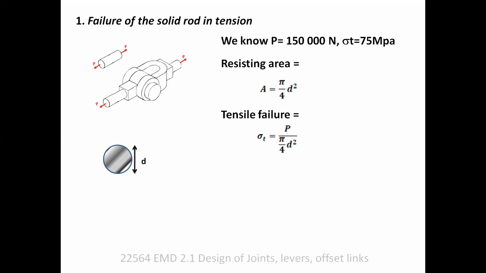So it is a tensile failure. So sigma T equals force divided by area. Force is known to you and the stress value is also known. Let us put all the values in the equation so that we can get the value of diameter d. So diameter d comes out 50.4. Let us round off to 52 mm for the safer side. So this completes our first design value, the diameter of the rod. Now this diameter of the rod which is in tension can be found very easily. So let us go further.